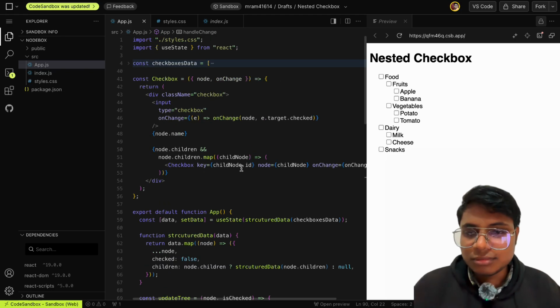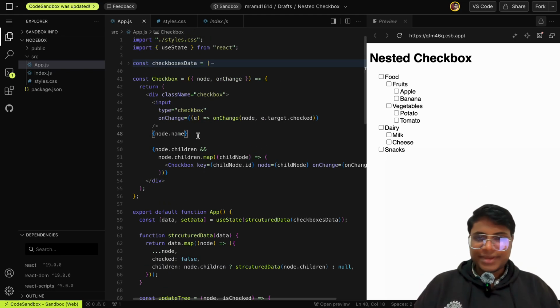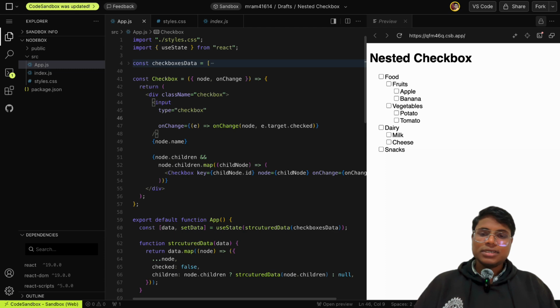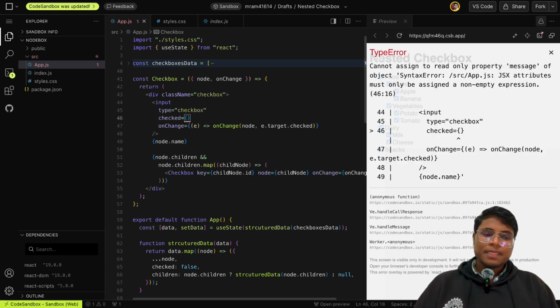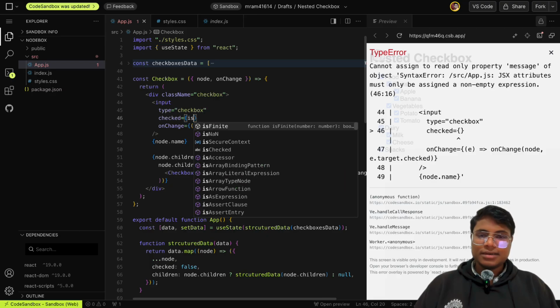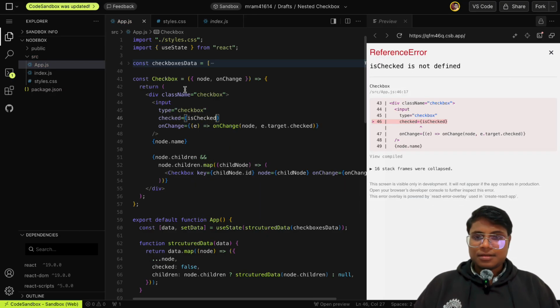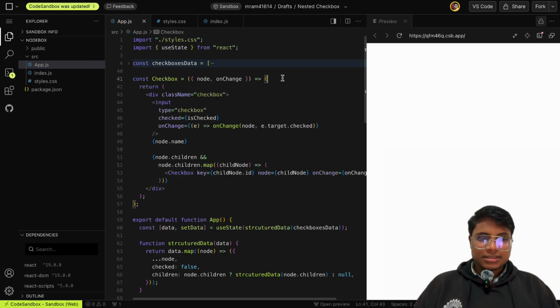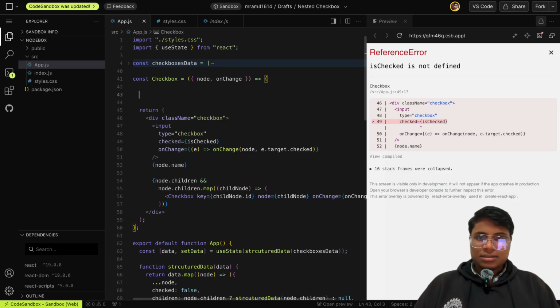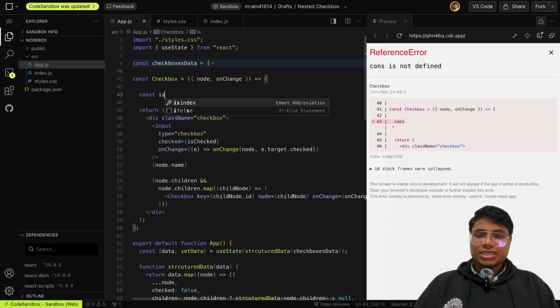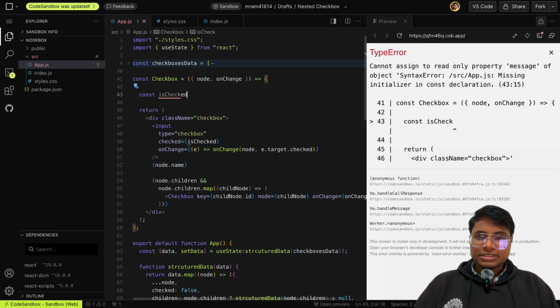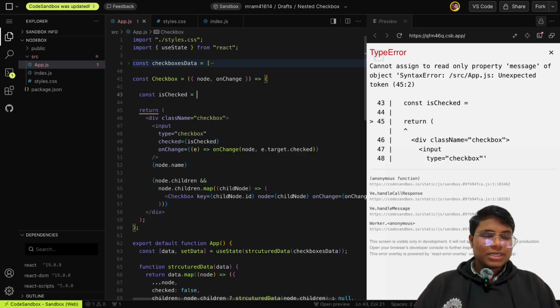Now we have written the main logic here. So now we just need to check and uncheck this. For that we will be adding one more thing here, which is the checked state. In that checked, first of all we want to make a variable here, isChecked, and I can make this isChecked based on a condition basically. So for that condition, what I will do,